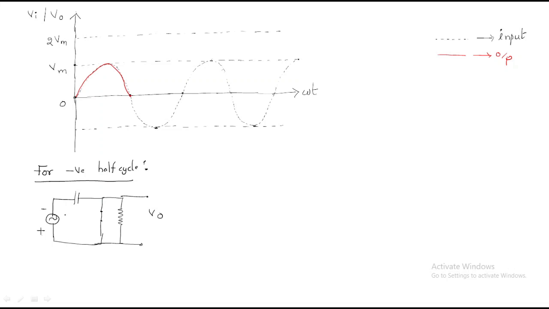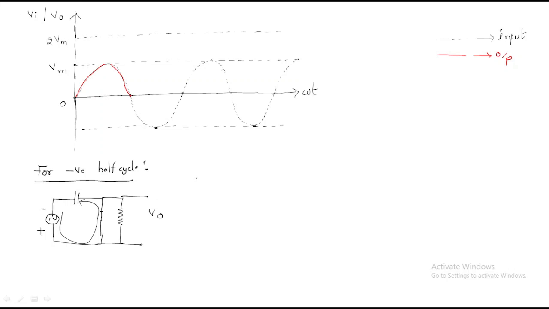Then the current will flow through this circuit. The current will flow through this short circuit, and here there is no resistor because the resistor also becomes short circuited. The current will flow completely through this short circuited path. The resistor becomes short circuited. There is no use of the resistor.